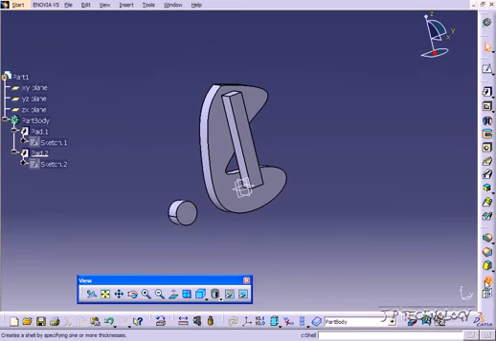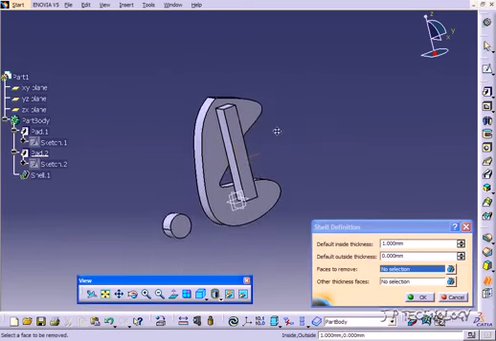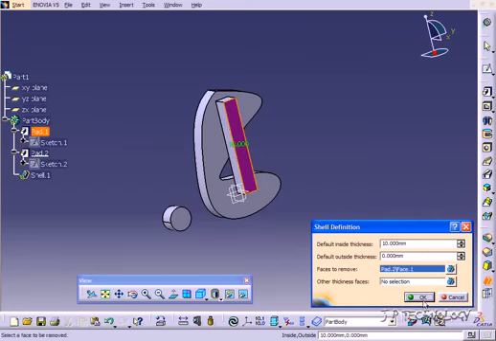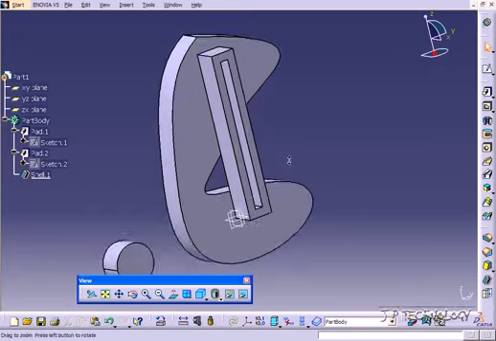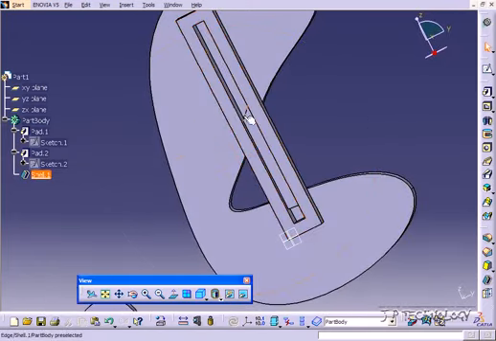So we'll click shell, and what it's going to ask you to do is click faces to remove. So each face you click is going to be removed, and then the inside thickness, that's how thick your part's going to be after. So let's change this to 10, and let's click this face here. Click OK, and then you're going to notice that it's cut out there and that the thickness is 10, and